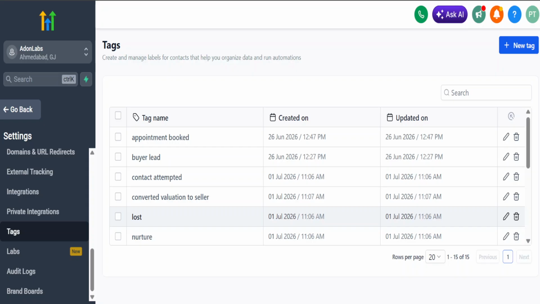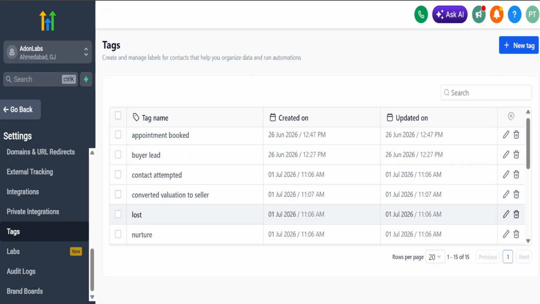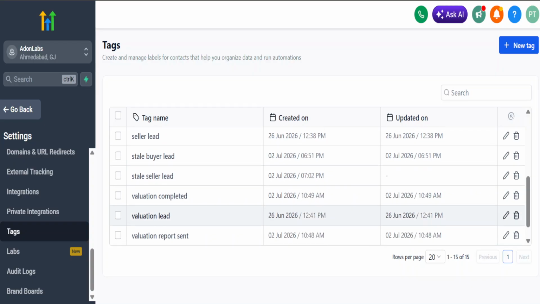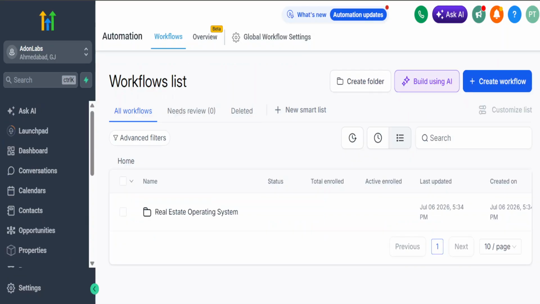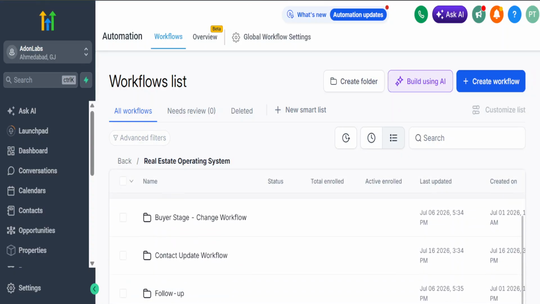Each tag is covered in detail, so you will be able to understand if the client is under appointment booking, or is a new buyer lead, or contact attempted, or the client is lost, or anything else. So every basic thing that you need for your understanding or analysis, you will be getting with these contact tags on the contact form. Next will be the workflows, and we have created a folder with multiple workflows